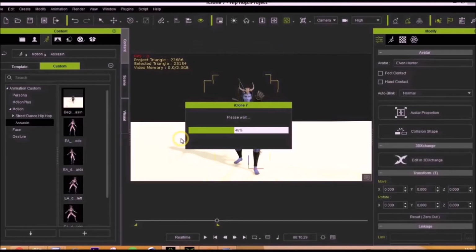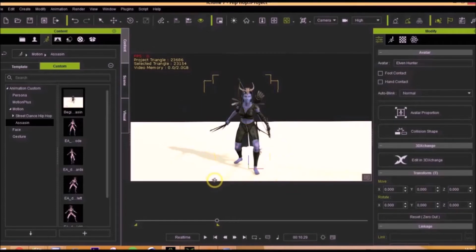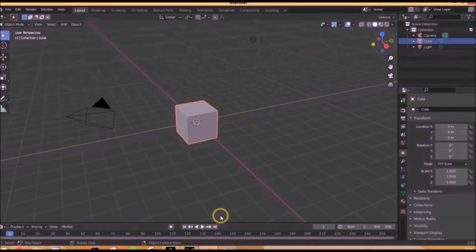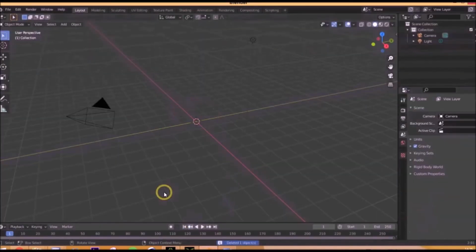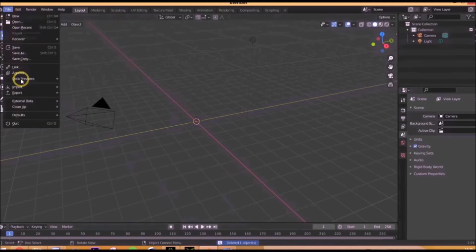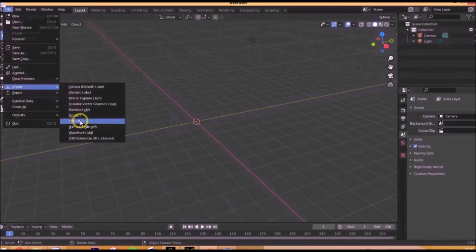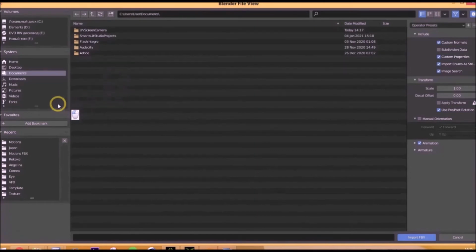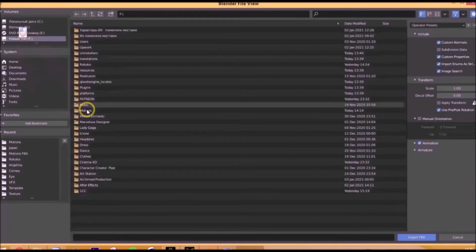Export the file by selecting the Export button and the FBX subsection in the pop-up menu of the File section. Select the target settings of the export program. First, export the file to Blender. Select all frames and all textures in the settings. We save our file in a folder of your choice under the name, for example, Beginner Assassin.